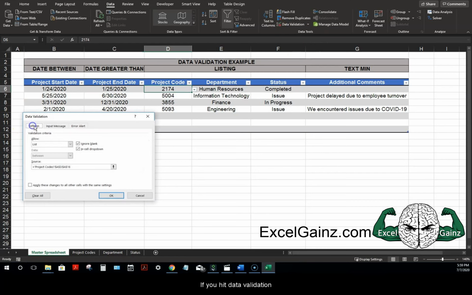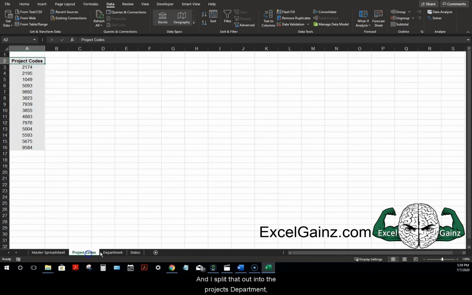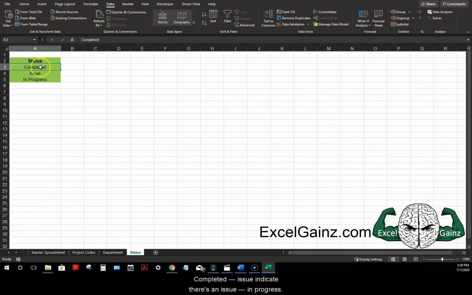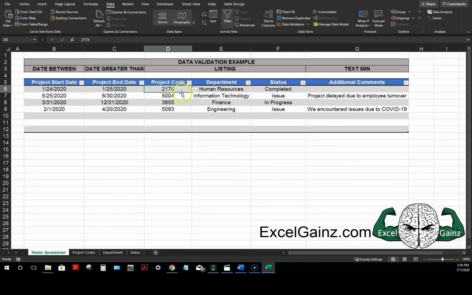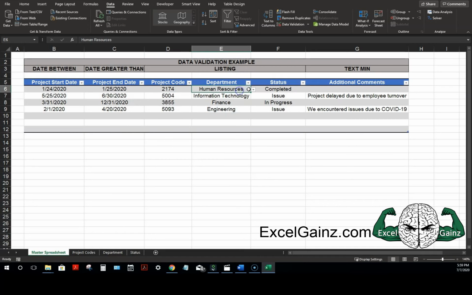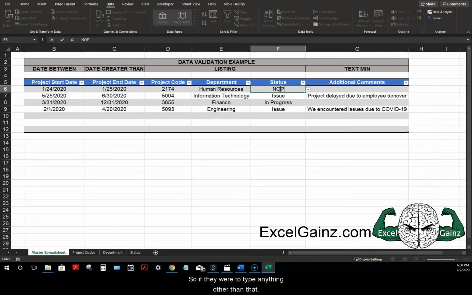Okay, the next 3 columns are sourced from a listing. If you hit data validation, it's allow a list, and you choose where the source data is. And I split that out into the projects, department, and status tab. Right, completed, issue, indicate if there's an issue or in progress. And you'll see if you click the drop down next to these are the project codes, while these are the departments, and these are the 3 types of statuses. I'm allowing my users to enter into those cells. So if they were to type anything other than that,